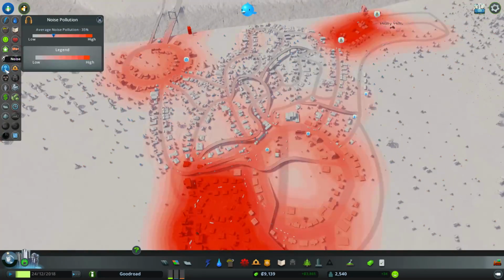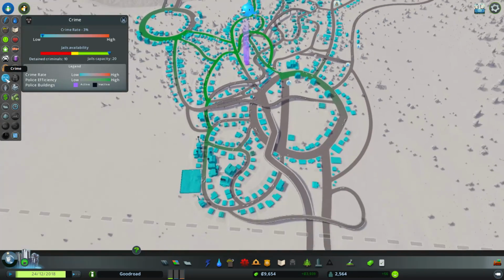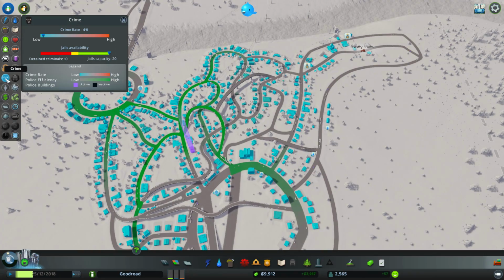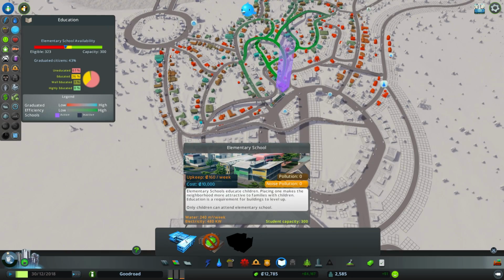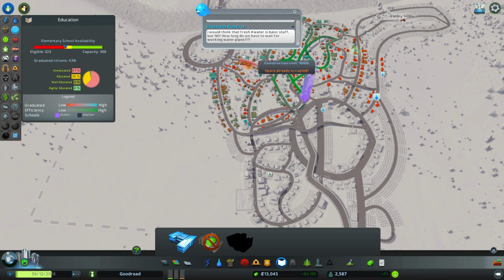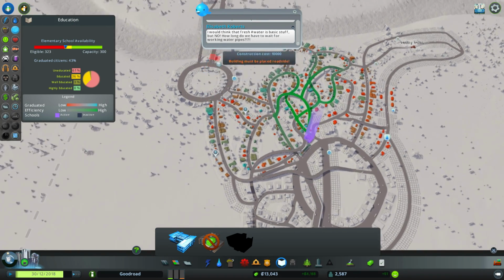We've got good fire coverage. There's small amounts of noise pollution from the farms, but that's okay. Crime is well under control, quite frankly. Value of properties is going up. We need more workers, but that's okay. Now, I concede we could probably do with some more education going on here, because there's a load of...